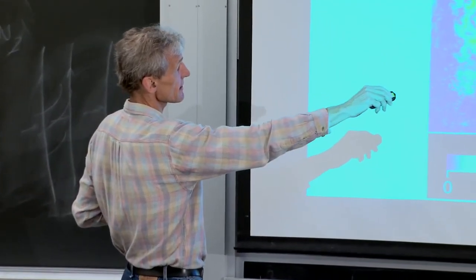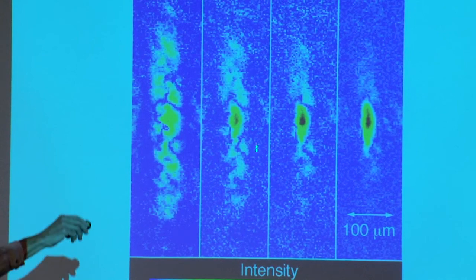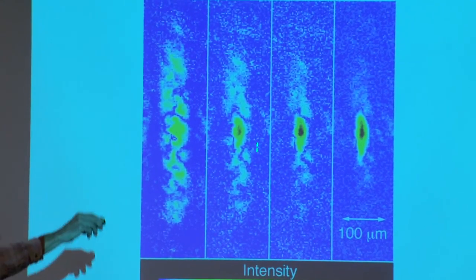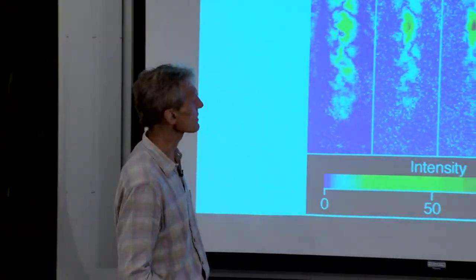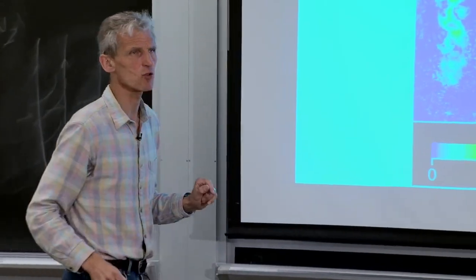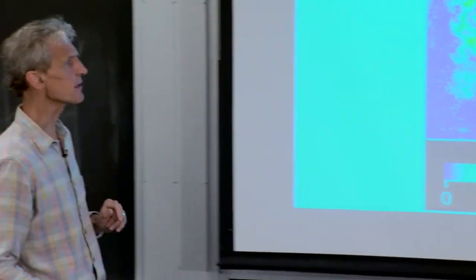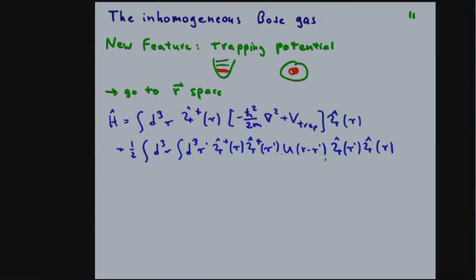What you see here is actually the bimodal distribution. You see the condensate, and then due to speckle pattern, the thermal cloud looks fragmented, but this is just a speckle pattern due to the signal to noise. But here you really see, not in ballistic expansion as I showed you on Monday, but really in situ, the size and shape of the condensate. Okay, how do we describe it?